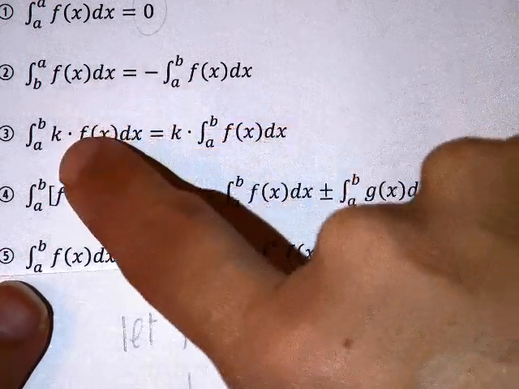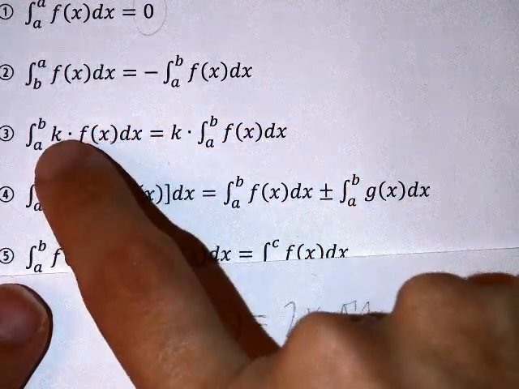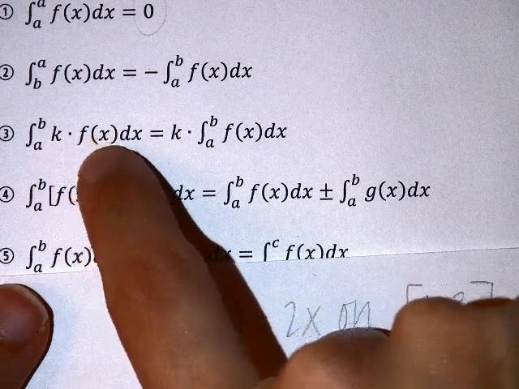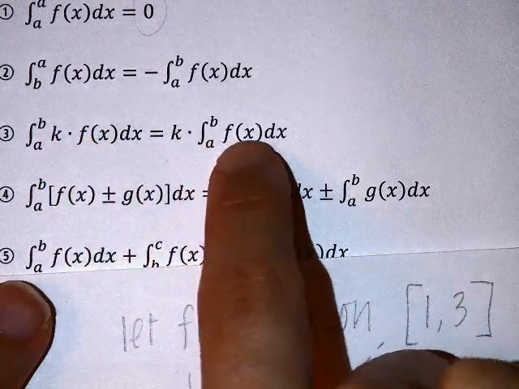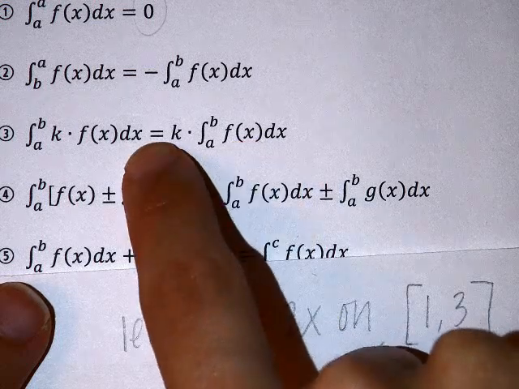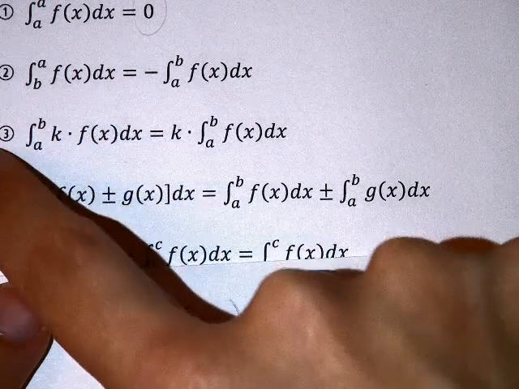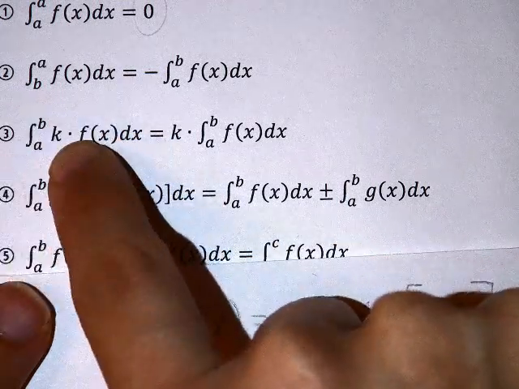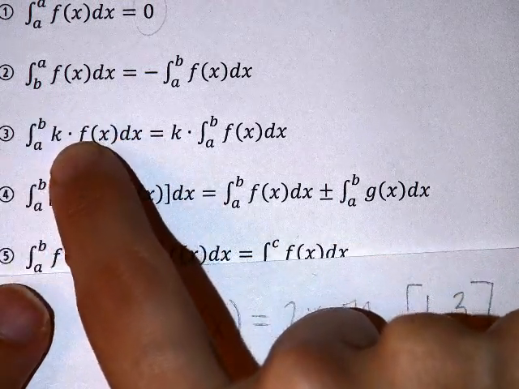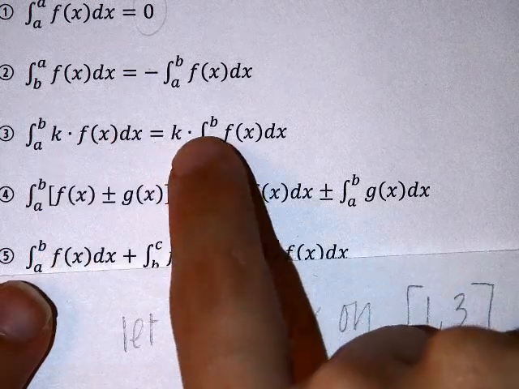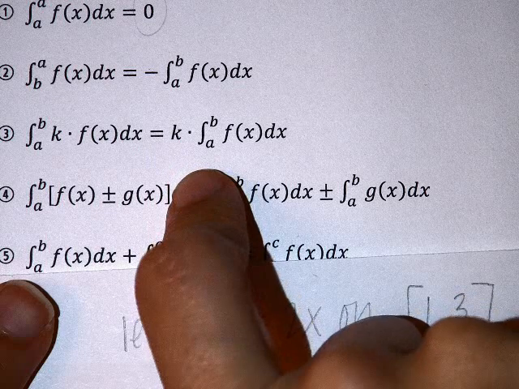So the supposition here is that if you have a k, or a constant multiplying a function, it could be brought outside of an integral, and that's the same thing. If you have a constant, you can essentially move it to the outside of an integral, and that would be completely fine. You might be thinking, well, why do I need to do that? I'll show you eventually why that comes in handy, but for now, let's make sure we understand why